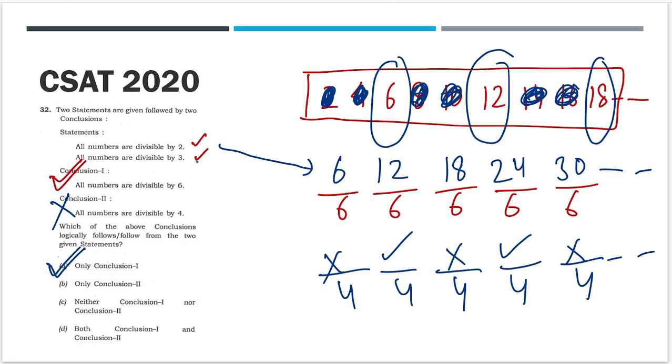I hope you can now do these types of questions. You don't have to worry about the options. You just look at what they're asking for and make a conclusion out of it. Such questions only look scary, but once you start attempting them, they're very easy, because many times one statement is surely wrong, then only one option is left.